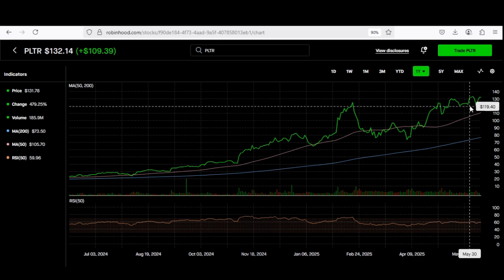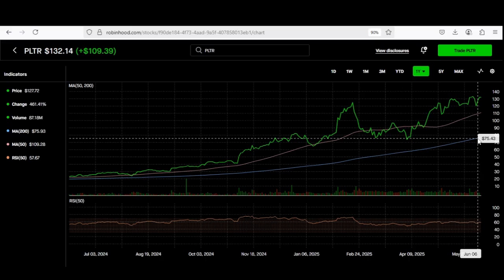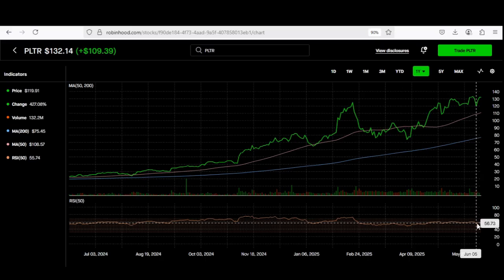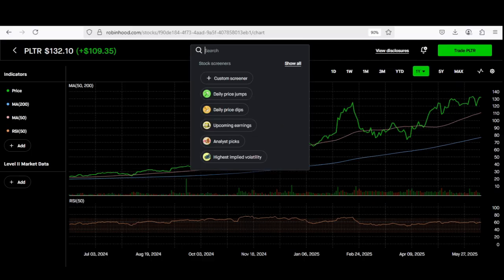So now you guys see, this is trading insanely high, which is almost twice the price of the 200-day moving average, and an RSI that's going into overbought territory. Which option strategy would you guys use? Now we're going to jump into a third one, and that third one is going to be none other than